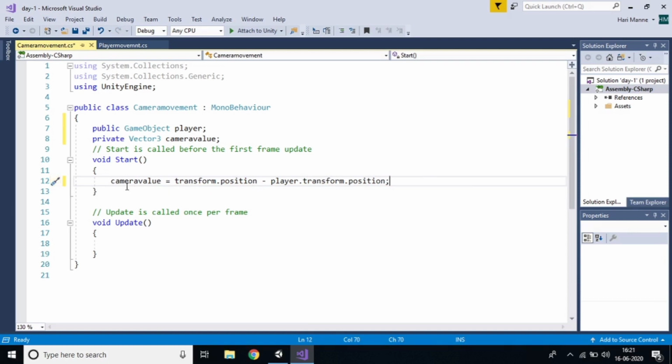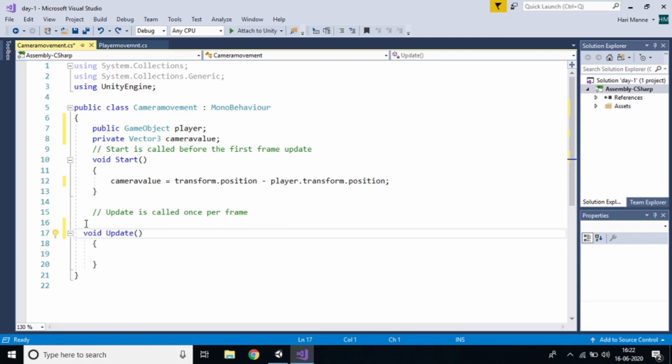So I calculated the camera value, that is the camera position minus the player position. Just a small line. Now I want to write in LateUpdate.